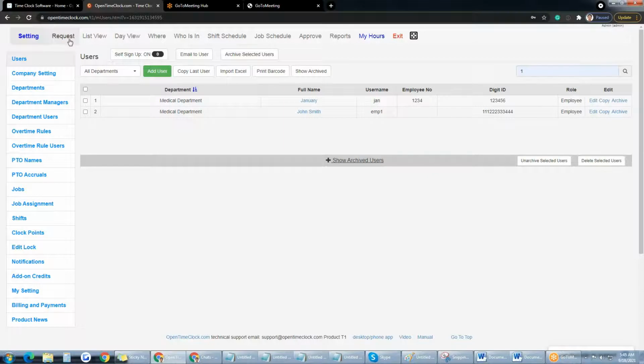Now on top are the main menus, which will lead you to some of the features that we have that you can use. For example, the setting page, which is number one, will help you set up your account. For the request page, this is the page wherein you can